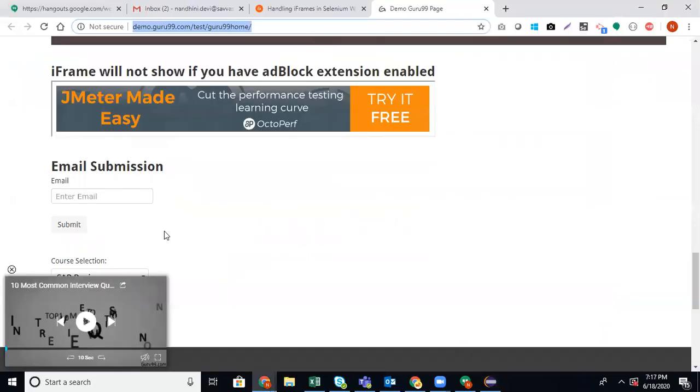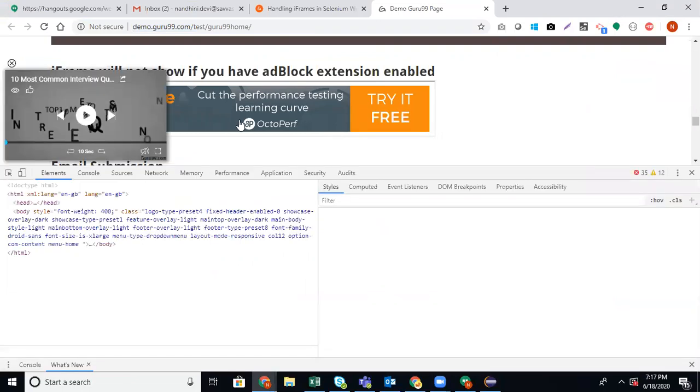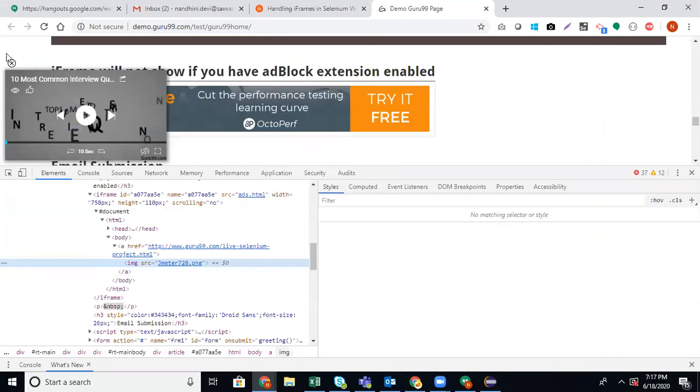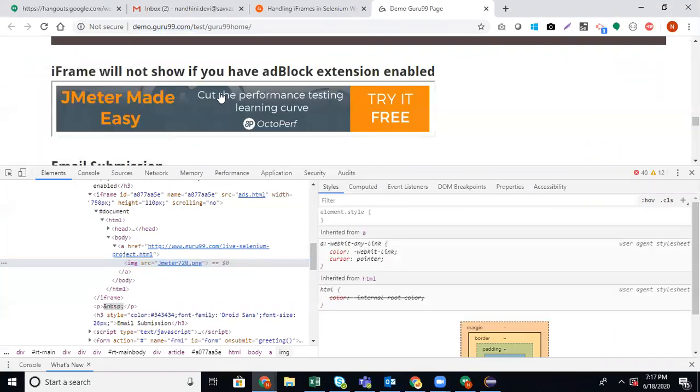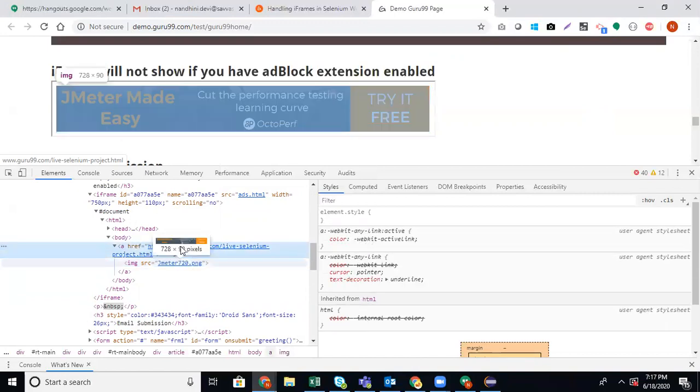Now, if I wanted to identify this element, I will inspect it. First, let's do it normally and then I'll tell you the issues and how to do it. You can see there is a link and the link text is also there.